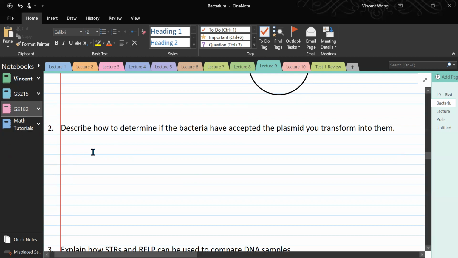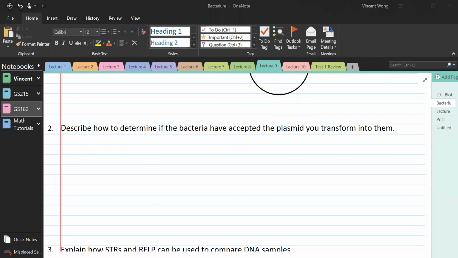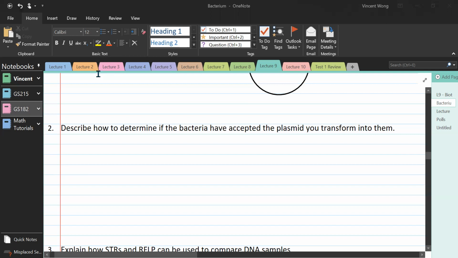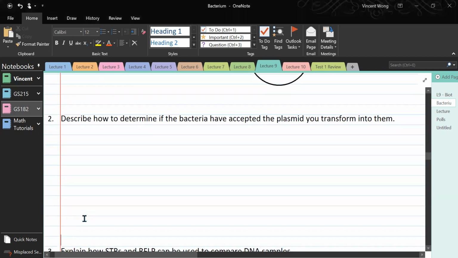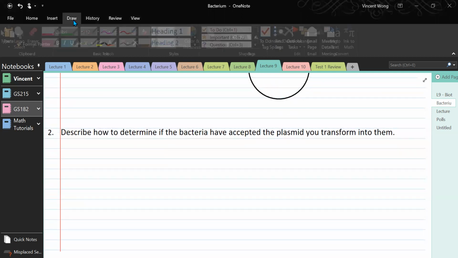Yeah, anyways, next question. Describe how to determine if the bacteria have accepted the plasmid you transformed into them. Transforming a plasmid means you feed it to them. But how do you know they have taken up the plasmid or not? You cannot really physically see them. So to answer this question, we have to look at the